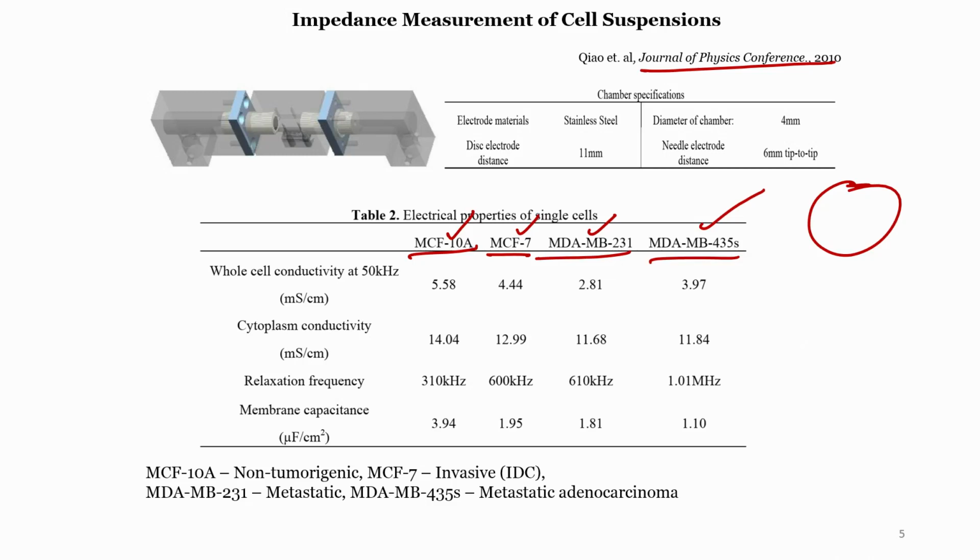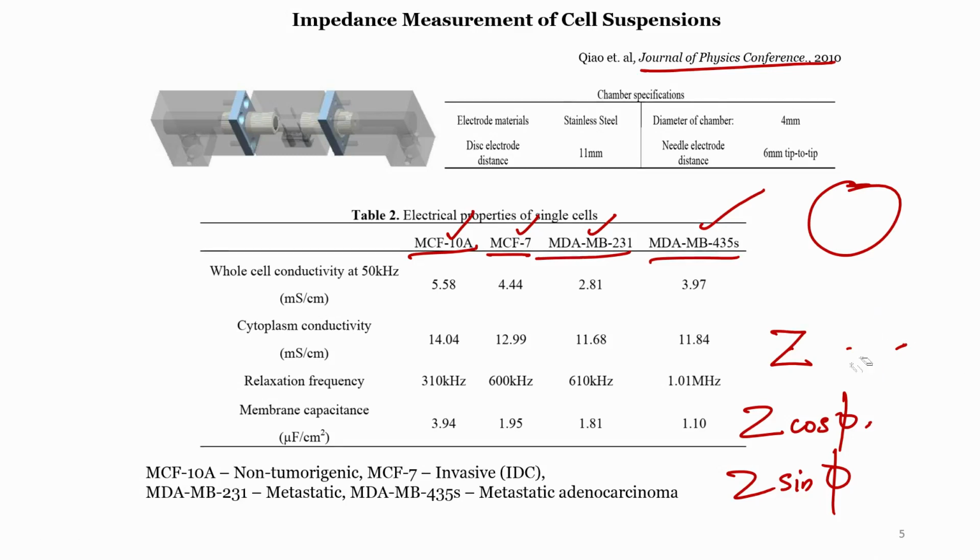So these people have tried to measure the specific properties of a single cell by measuring its bulk impedance and then resolving it. When we measure the bulk impedance and also get the phase angle, then Z cos phi and Z sin phi are what we can use to get the individual contributing components.